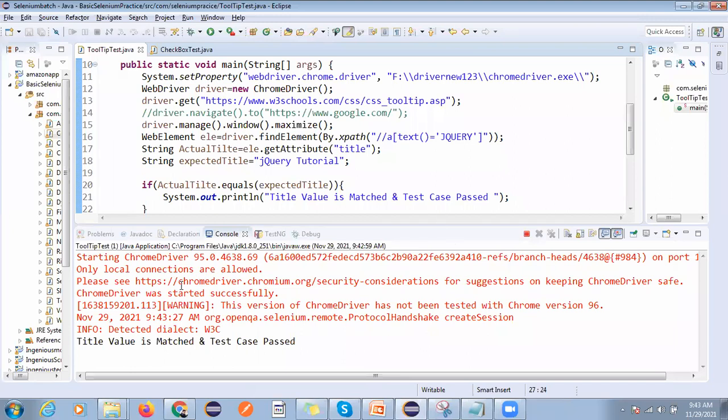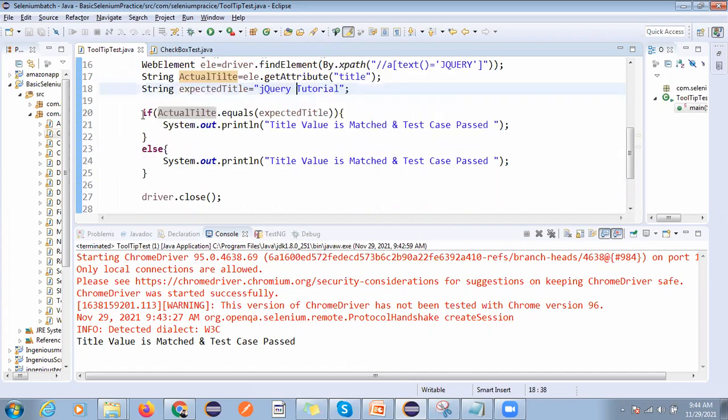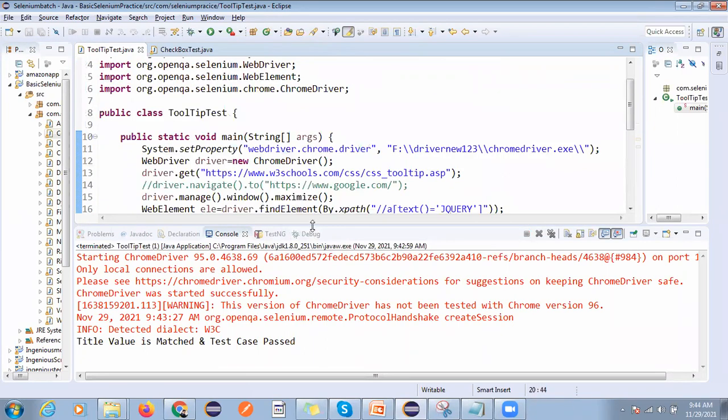Okay, so you can see the title is matched, right? I did not print this value, but both values are equal. So this is how you can handle tooltip.